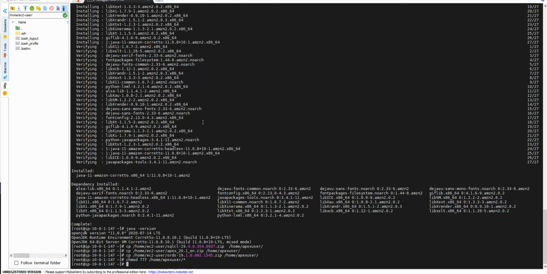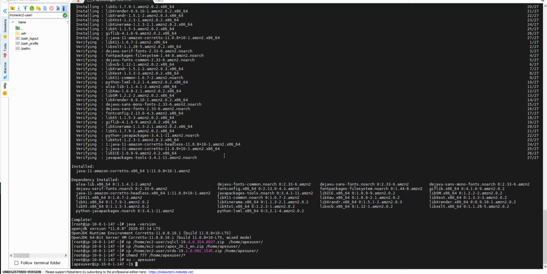Now I'm going to SU as the Apex user to get myself ready for verifying that the RDS is able to connect properly, and also to install ORDS. For that, our RDS instance, which is being provisioned right now by AWS, needs to be available.